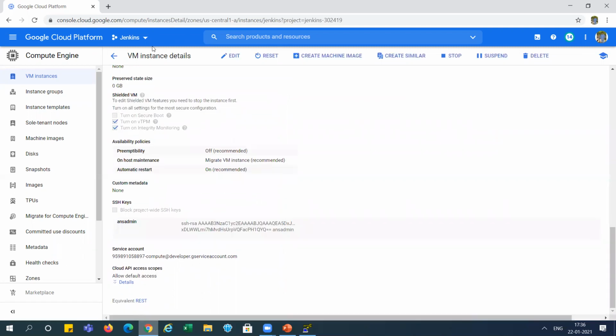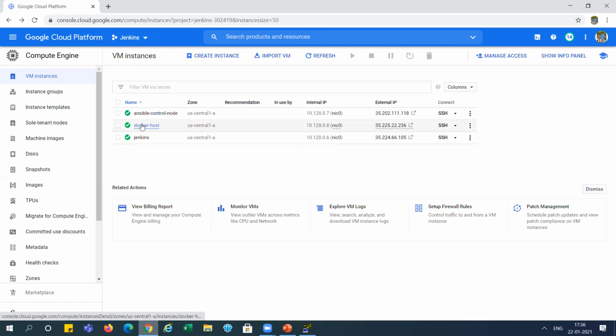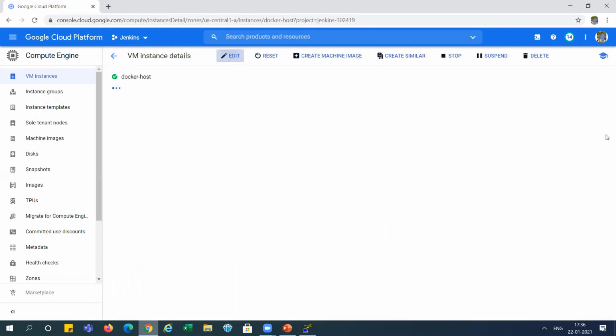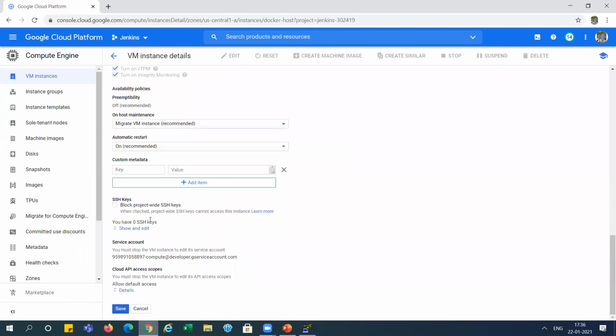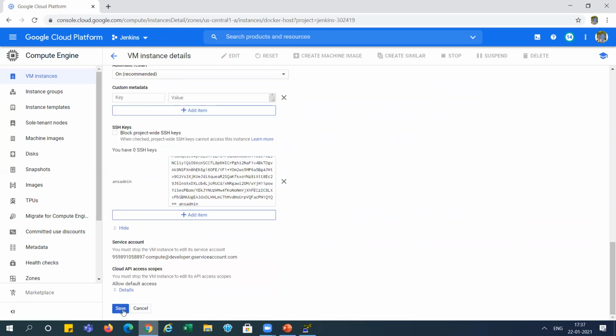Yeah, it's done. You can see. Now I'm doing it for the Docker host also. It will take 10 to 15 seconds for saving it.